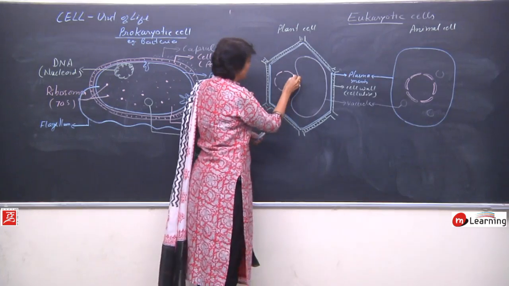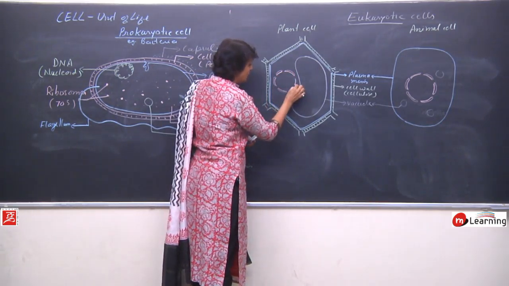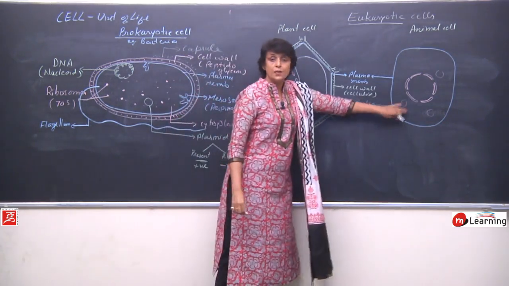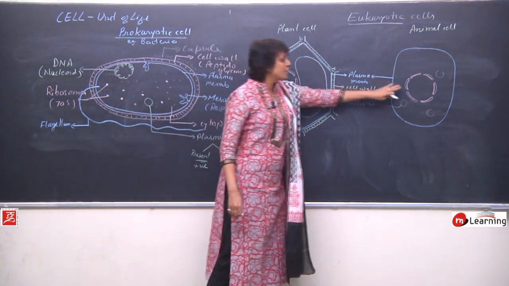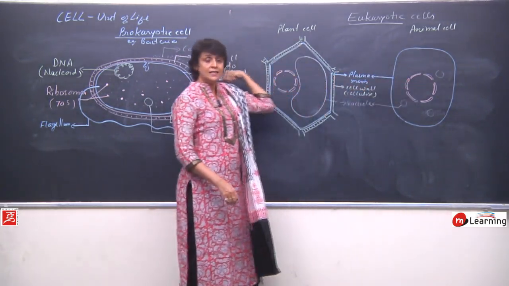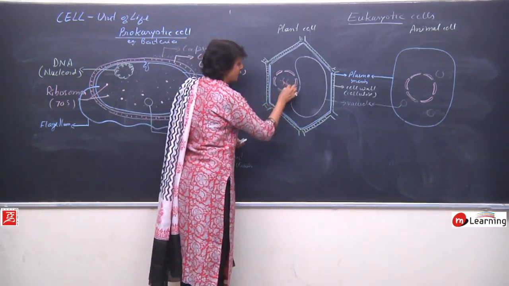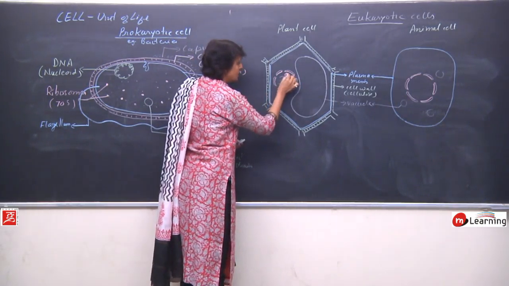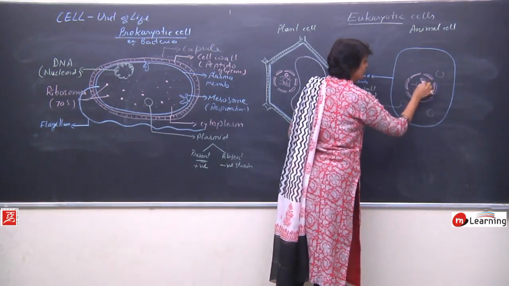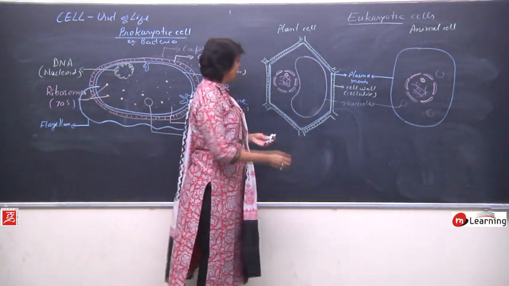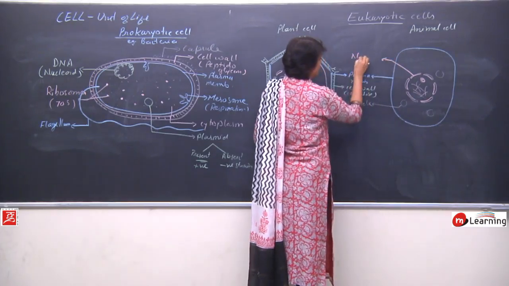The nuclear membrane here, and here in the plant cell we see the nucleus is slightly eccentric, slightly on one side, whereas in case of animal cells it is centrally placed and large. So in plant cell the largest structure is vacuole, whereas in animal cell the largest structure which is visible is the nucleus. Inside the nucleus there are chromatin fibers and nucleolus, same as in animal cell. Normally the number of nucleolus is one. So this entire structure is the nucleus.